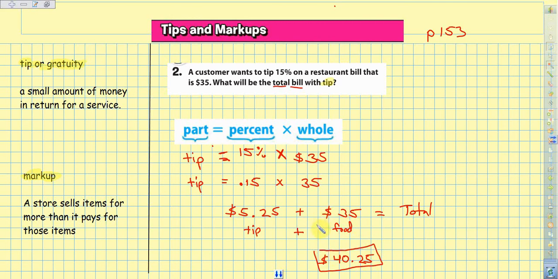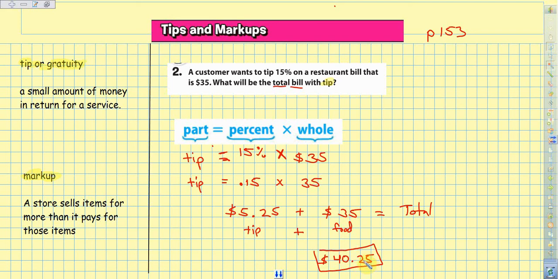Okay, so to recap this: a customer wants to tip 15% on a restaurant bill that is $35. What will the total bill with tip be? Well, 15% times 35, or 0.15 times 35, is going to equal $5.25. Then I want to find my total. I'm going to add that $5.25 to $35, which was the amount of my bill, and that's going to equal